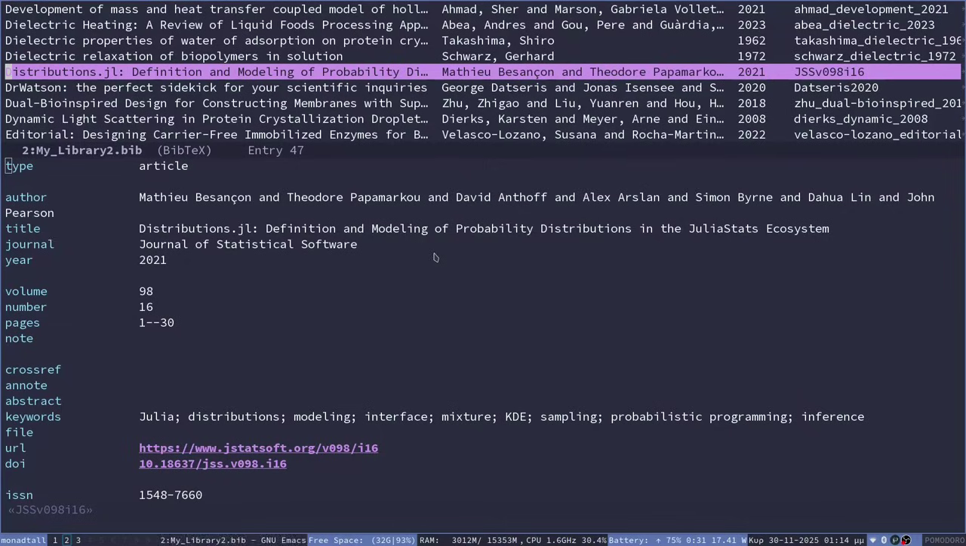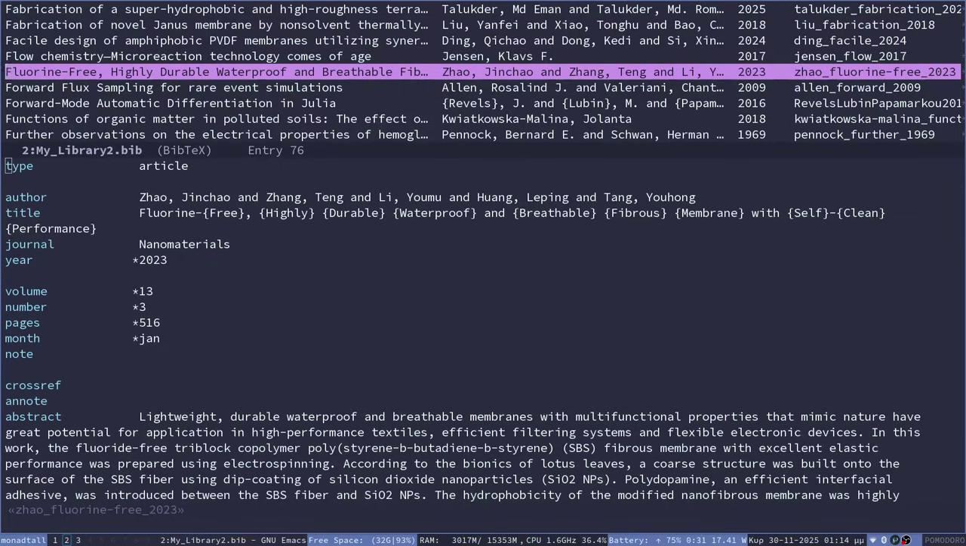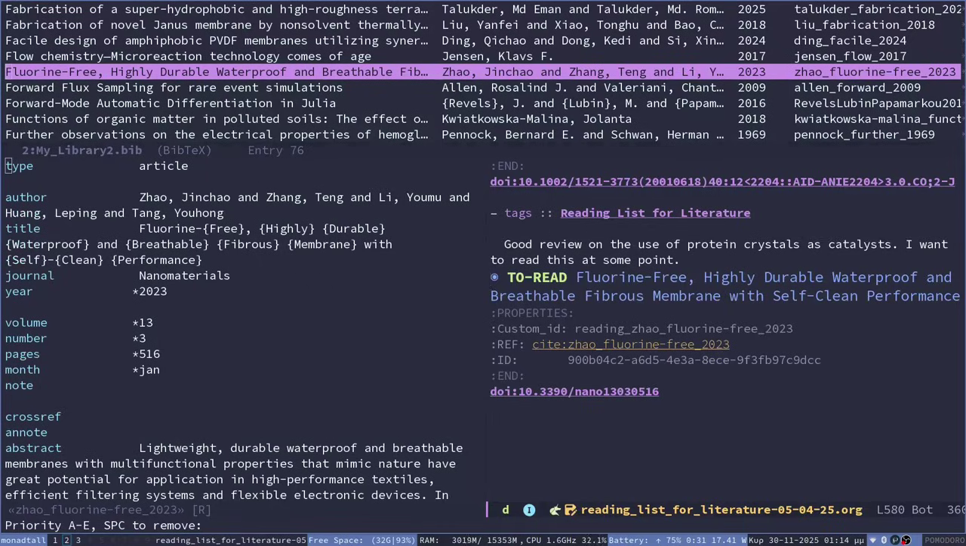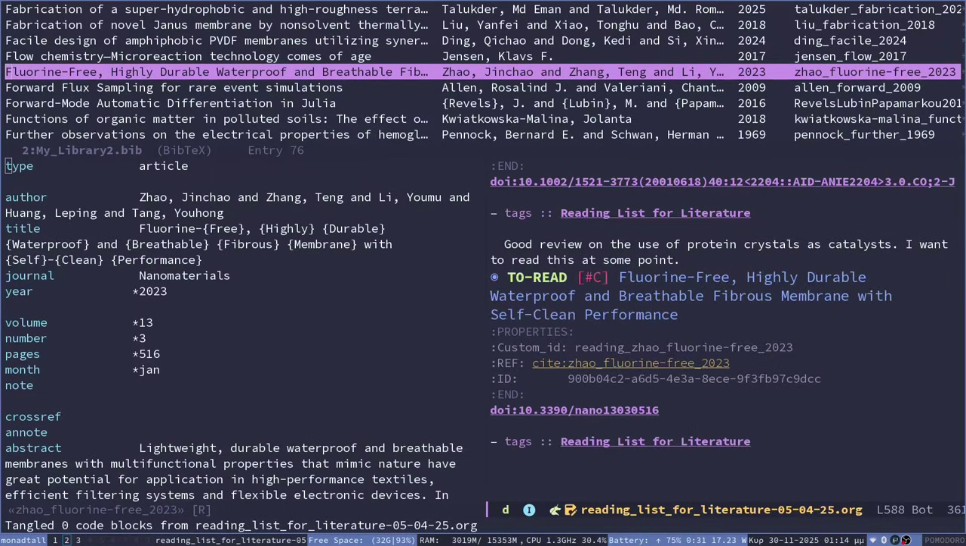So we can open Ebib and try to find this paper that I just added here. And then we can create a reading list entry from it. And here, my reading list prompts me for a priority for this, how urgent it is for me to read this. It adds a to read, which is a to-do entry, which helps with organizing my reading list,